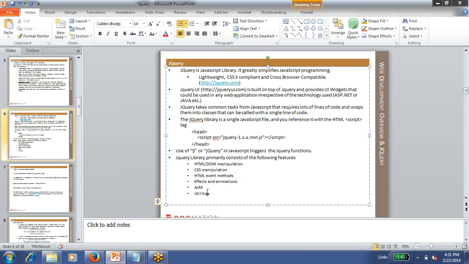Again, with jQuery, you don't need to remember all the functions that are there. What you need to know is the high-level capabilities, and you can always reference some of those examples to implement whatever is needed. But the idea is, let's say, we implemented, I was talking to you about this project at Novartis. Users were not happy with the look and feel that was generated out of the box. jQuery is meant to be